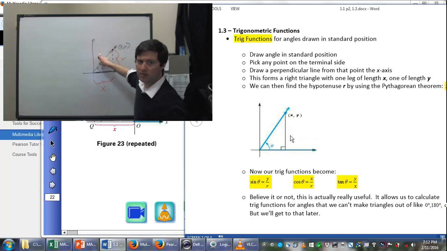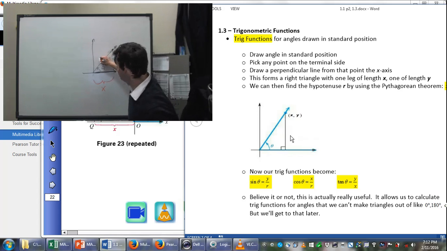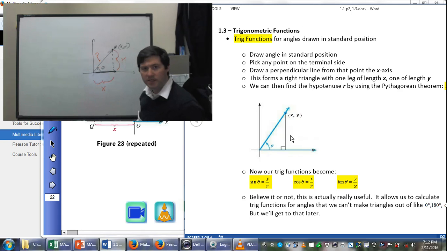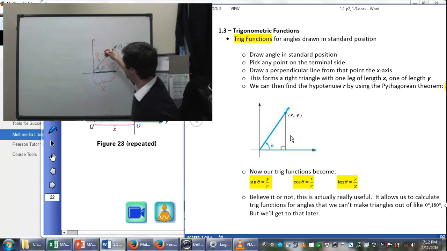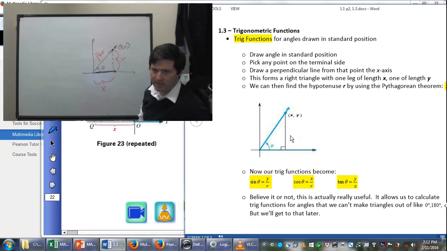This length here is x. We've gone x along that axis there. Now, the y-coordinate tells us how far we've gone in the y direction. So that's the length of